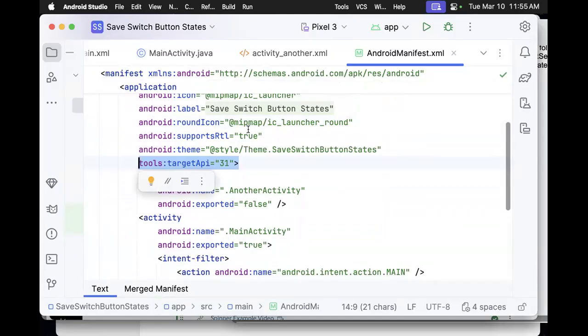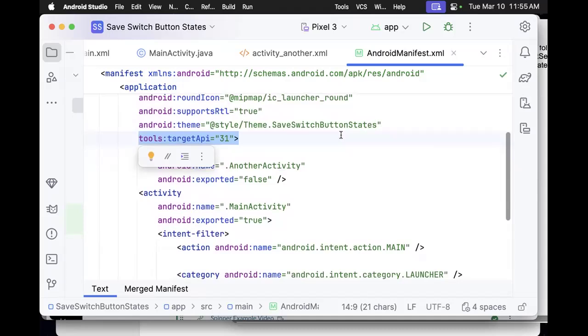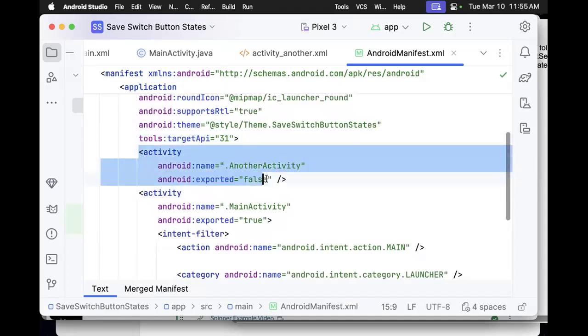You can actually specify the API level that your app is going to support. And then lo and behold, you've got the activities, all of your activities, all of your services, all your broadcast receivers, all of that stuff is registered in the Android manifest. So an Android manifest keeps track of all of the components. And I keep calling it a traffic cop, because if it's not in the manifest, it won't